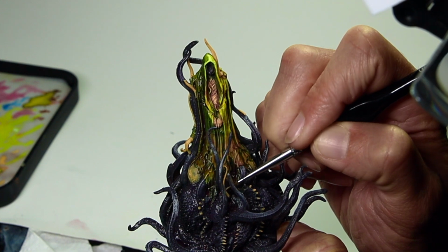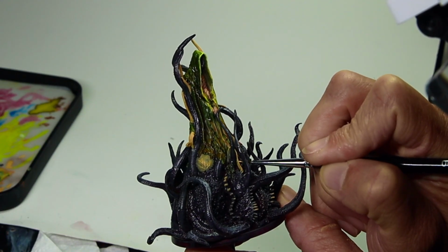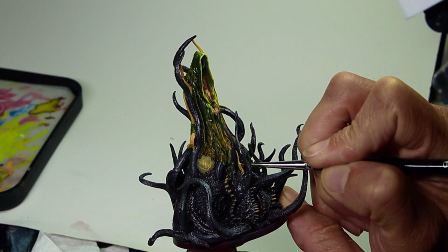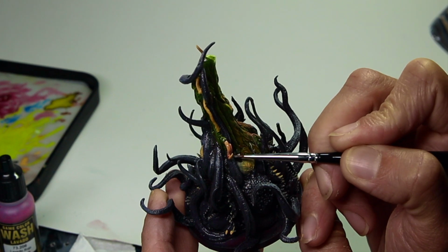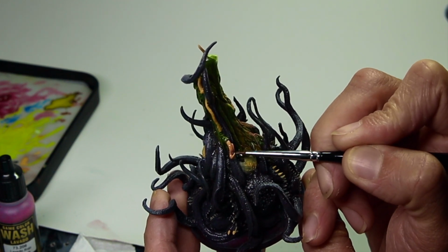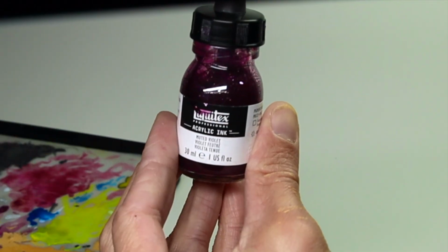And now that the fleshy tentacles have dried, I'm going back and just making sure that all of them have the amount of coverage that I want, just boosting up the flesh color of some of them. Now I'm going to boost the life of some of those tentacles using a thinned down mix of red wash by Vallejo. I'm going to apply that over a good majority of each tentacle,